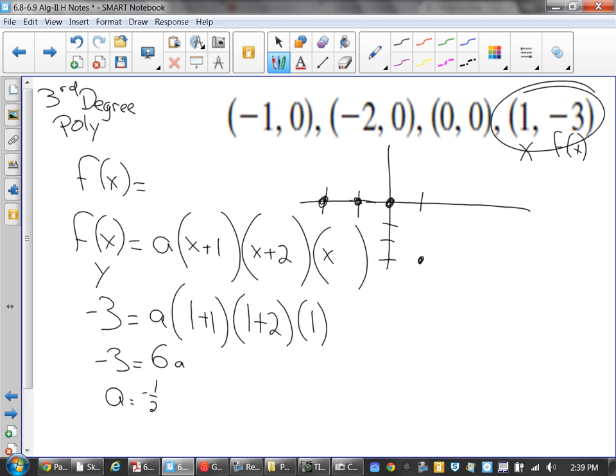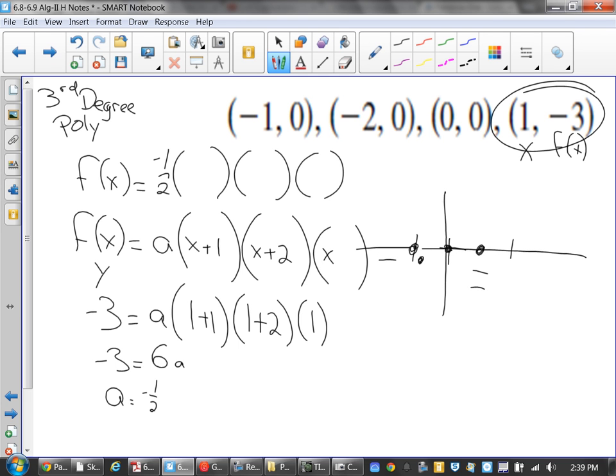Do we distribute the factors to each other first, like add them up and then multiply to the end? So we just do 2 times 3 times 1. And then when you're done, it's just a matter of substituting back in your negative 1 half times your zeros. You don't have to, but it's not a bad idea, because now you know in this graph